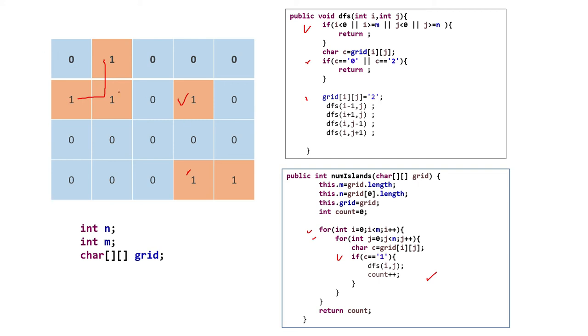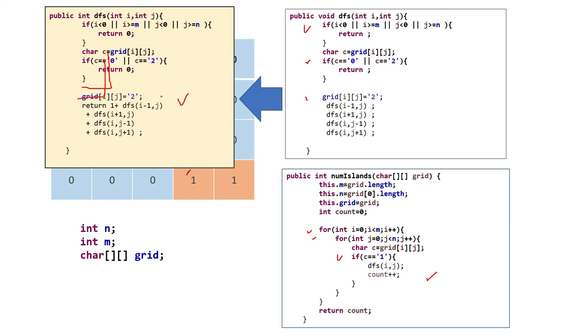But here what we have to do is, along with the DFS call, we have to calculate the area also, right? So what we can do is change this method like this. If you look here, we have to return an integer now because we have to calculate the area and then return. So instead of a plain return we can make it return 0, and here also return 0. That means if we can't go further in that direction, at that time we return 0. Or else, we can return 1 plus all the DFS calls' results.